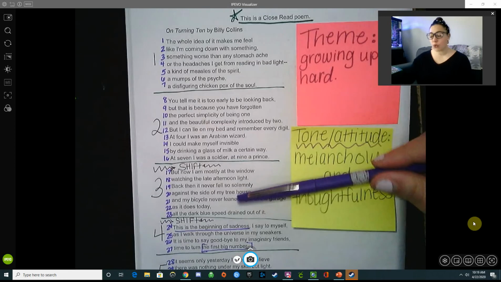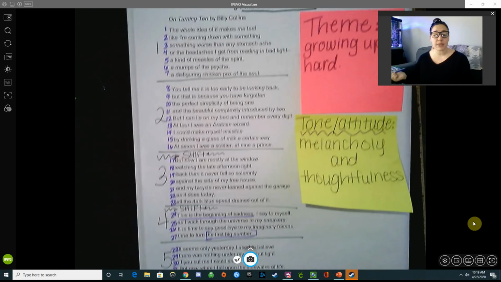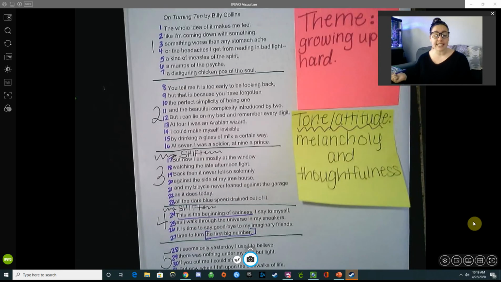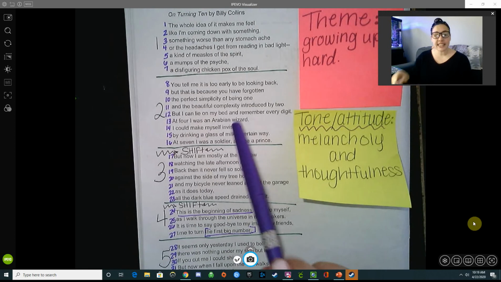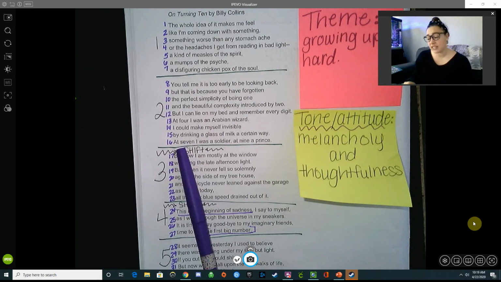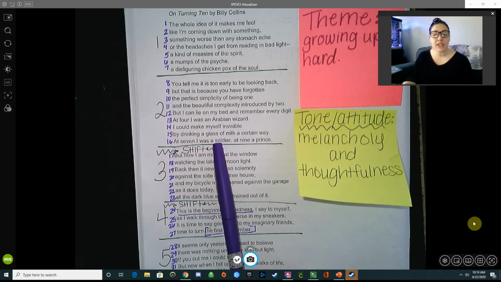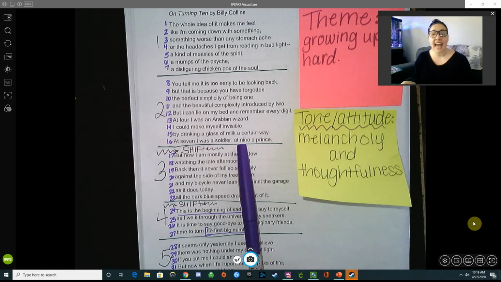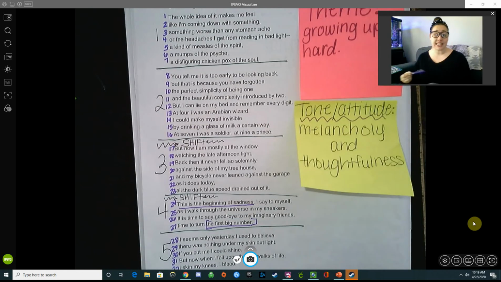So prior to stanza 3, if you look up here, this is a shift where the speaker describes what he feels like now compared to what he felt like then. So this is all from his past, before he turns 10. And if you see our last line, line 16 says, "At 7 I was a soldier, at 9 a prince." He's describing all of his feelings and all of the things he got to turn when he turned a certain age. And then he goes down into